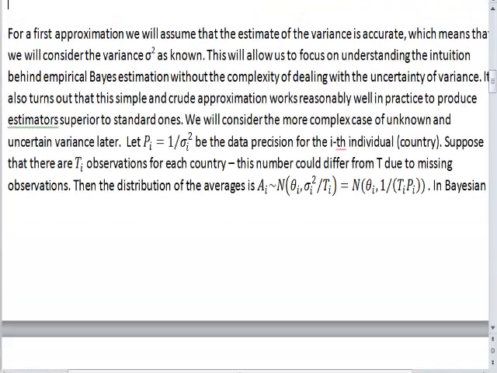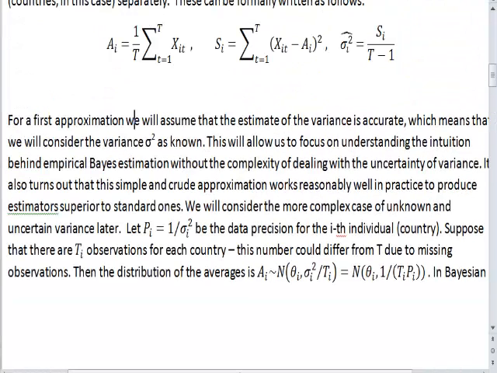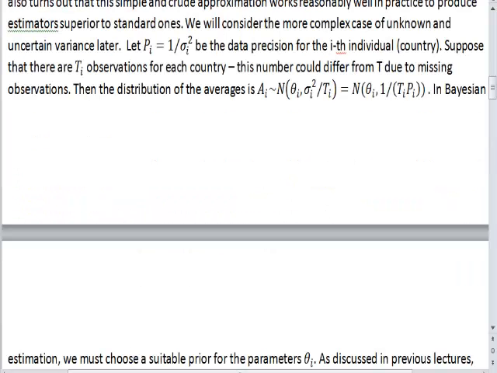Now, when we have made the assumption that sigma hat squared and sigma squared are the same, then the SI doesn't matter. It becomes sort of known rather than random. So the only thing which matters is the average, AI. Now the distribution of the averages is this one here. AI is normal with mean theta I and variance sigma squared divided by t. I have put in a ti